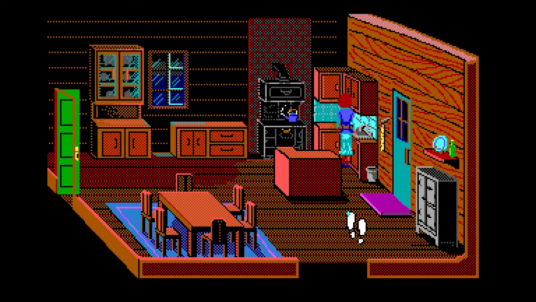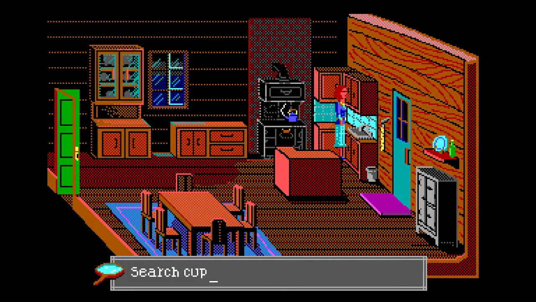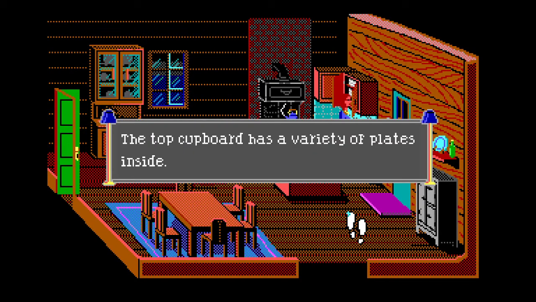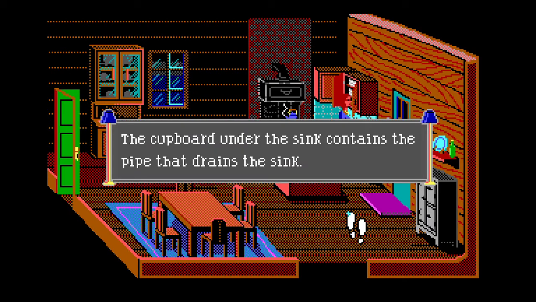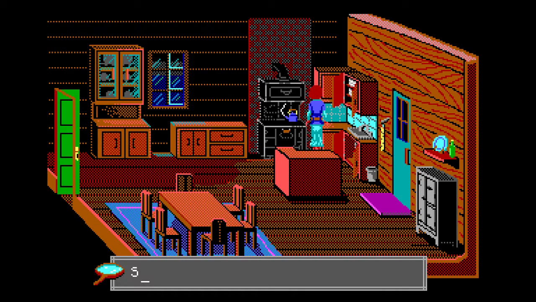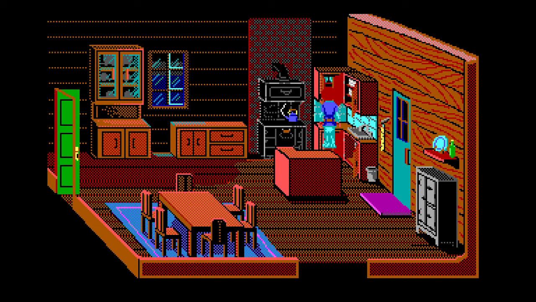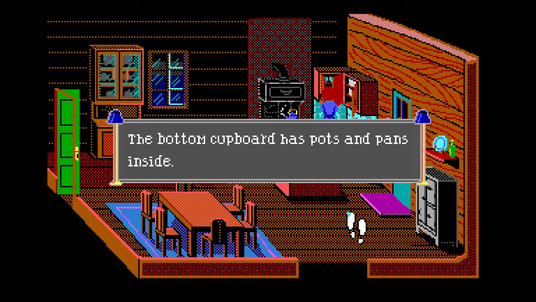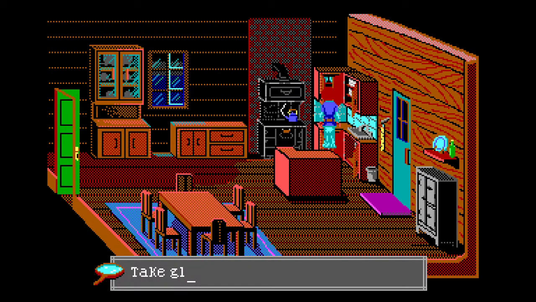Search cupboard. There's a variety of plates inside. Pipe that drains the sink. Search. Drinking glasses inside. Take glass.